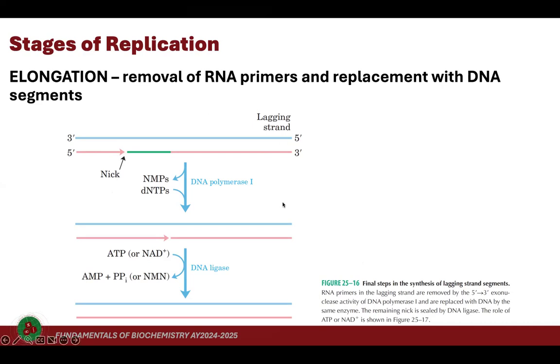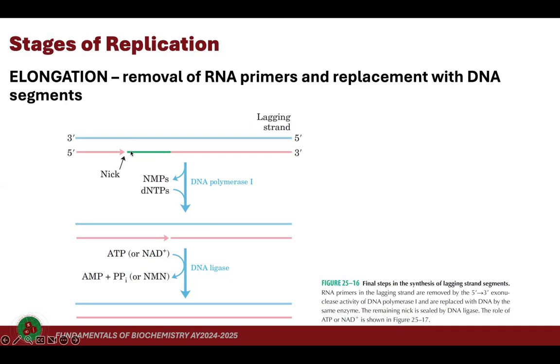All of your Okazaki fragments are nicked on both of their termini, both ends. So if it encounters a nick, the green one is the RNA primer. That's where it removes one RNA nucleotide